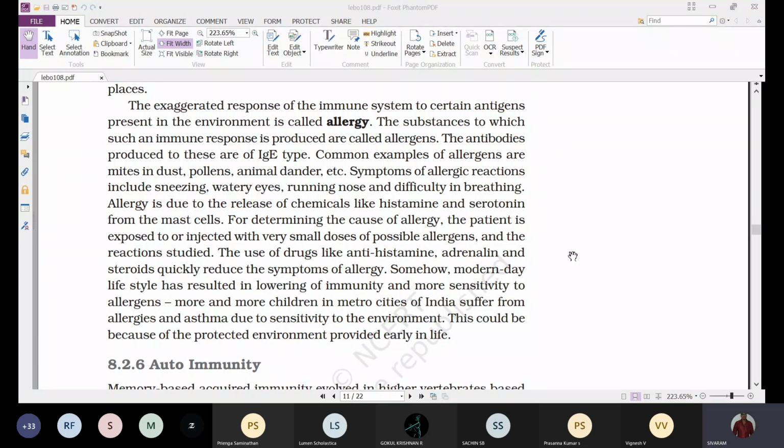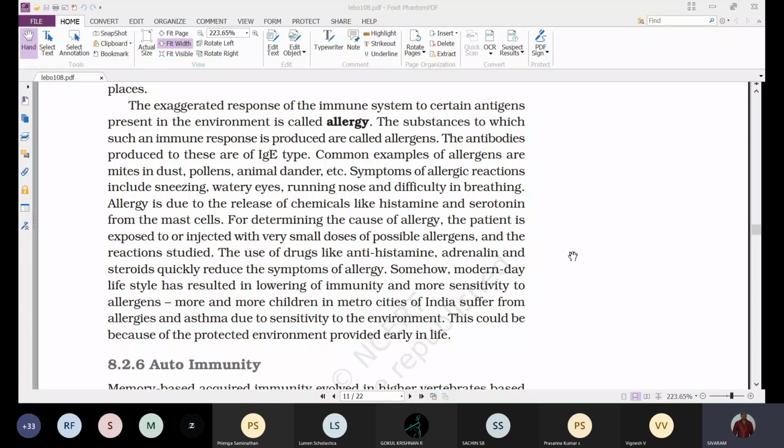These mast cells will produce two chemicals, one is histamine and the second one is serotonin, and these are responsible for allergic reactions